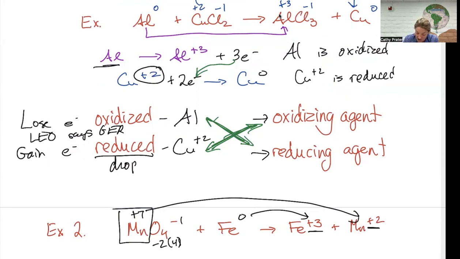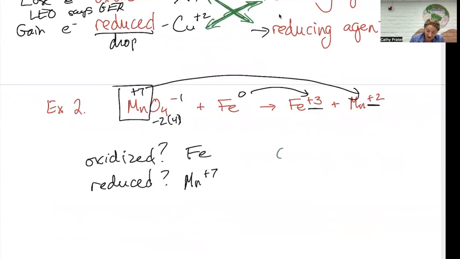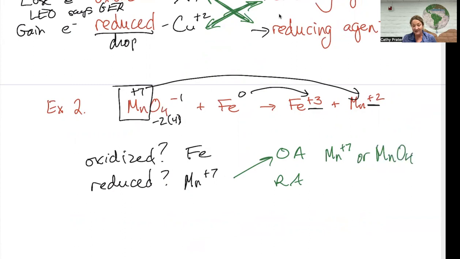The oxidizing agent is copper +2. The reducing agent is aluminum. It is also acceptable for the agents to name the whole compound as opposed to just the specific ion. So down here, if I want to know the oxidizing agent and the reducing agent, again, I'm just flip-flopping them. The oxidizing agent, I can say Mn +7, or I can name the entire species, which is permanganate. What is the reducing agent is